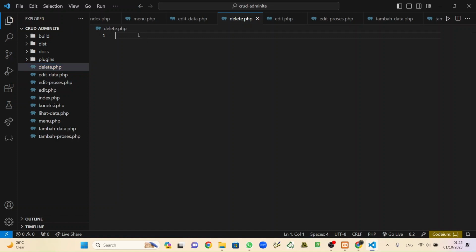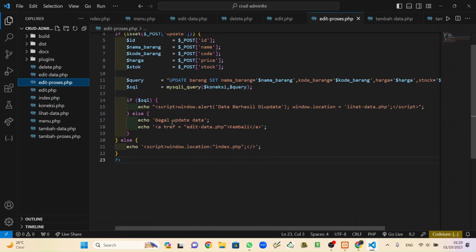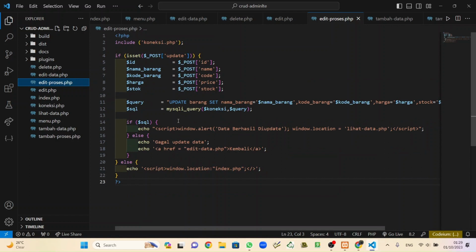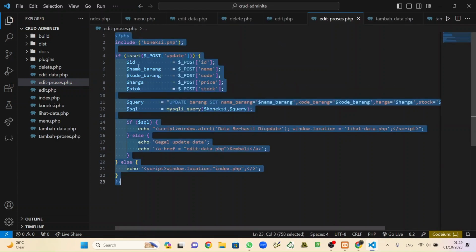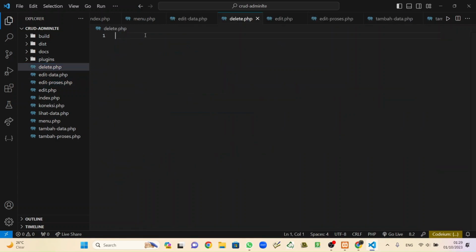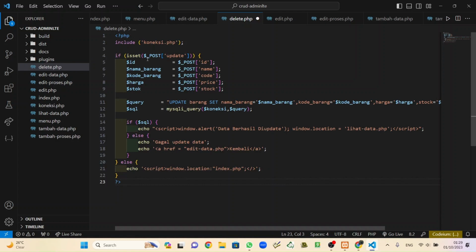So we start the delete, and all we need is maybe we can copy this from here, Control C, back to the delete, and then Control V. But we change the post to get because there is no post here.